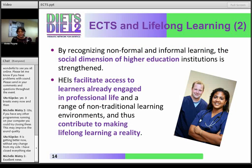So therefore, by recognising non-formal and informal learning, the social dimension of higher education institutes is strengthened. We're able to reach out and embrace a wider array of different types of people from different backgrounds within HEIs. HEIs facilitate access to learners already engaged in professional life also, and a range of non-traditional learning environments. Thus, we can truly contribute to making lifelong learning a reality for a wide range of people, with some imagination and commitment to the